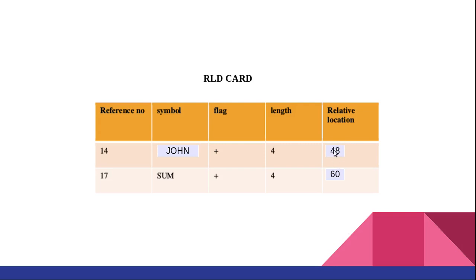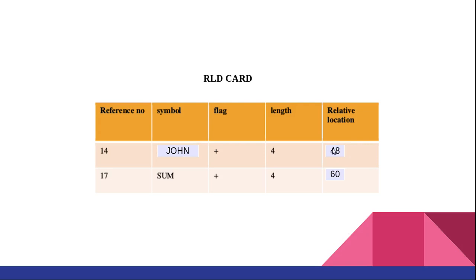That means 48 content is address of the table. Okay. So if the program is starting from 0, then address of the table will be 28. That we have already stored in the object program. So relative address 48 is containing 28. It is true if the program is loading from 0. Suppose if the program is not loading from 0, what we have to do, this value has to be added with the starting address. What is the starting address? Plus 28 will give the exact address of the table.